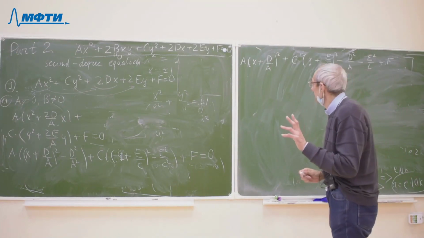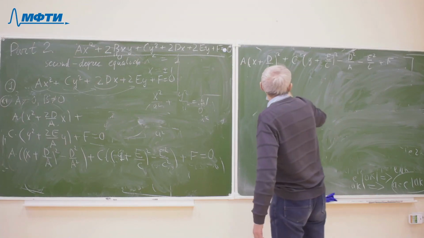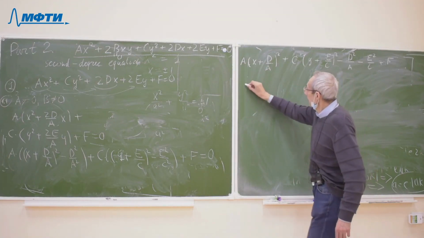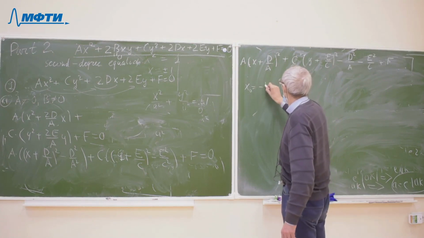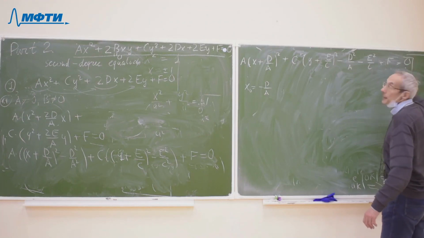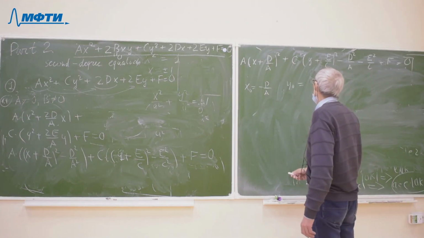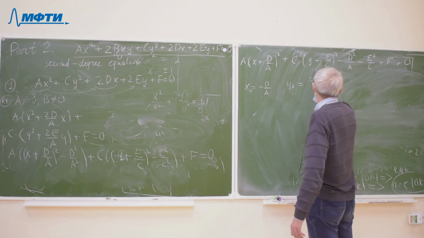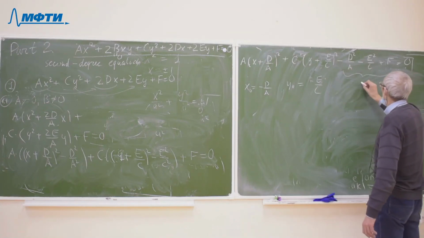Just one or maybe two minutes and I finish. Yes, we can denote x0 as minus d over a. And y0 we can denote by minus e over c,